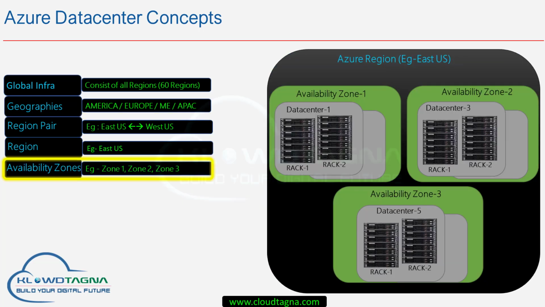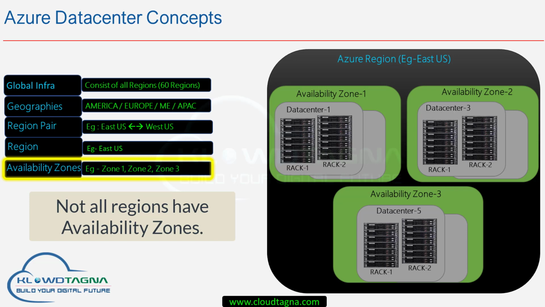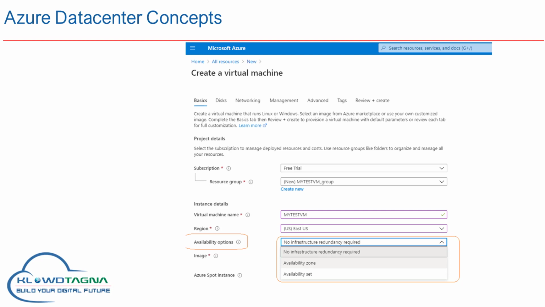Let's demystify some of the availability concepts such as availability zones and availability sets. Let's talk about the availability zone. As we discussed, each region may have 2 or more data centers. So availability zones are unique physical locations. An availability zone contains 1 or more data centers. So when you create a machine, you have the flexibility to place your machines into an availability zone or availability set to make your application more redundant.